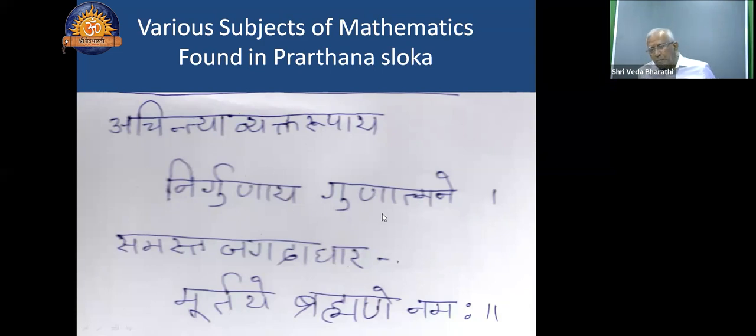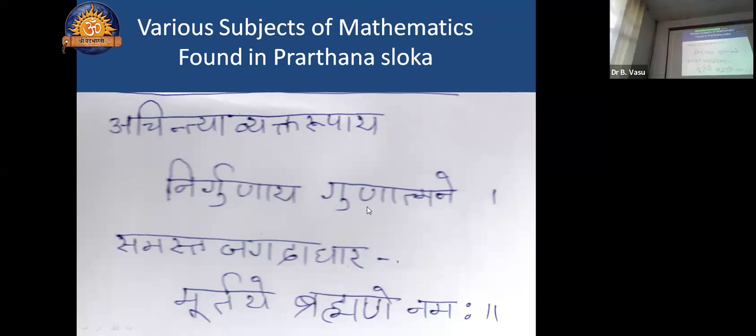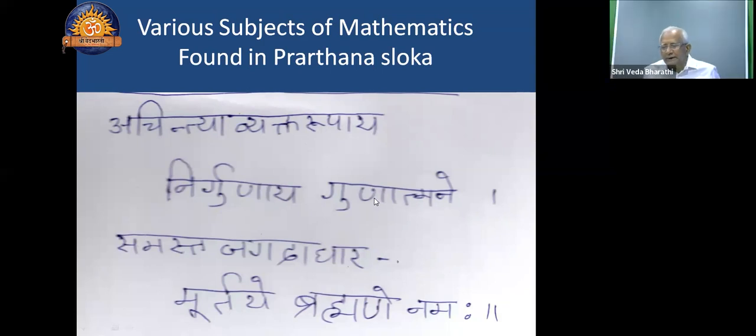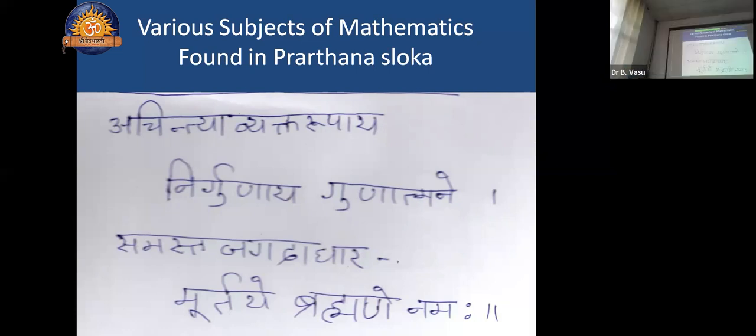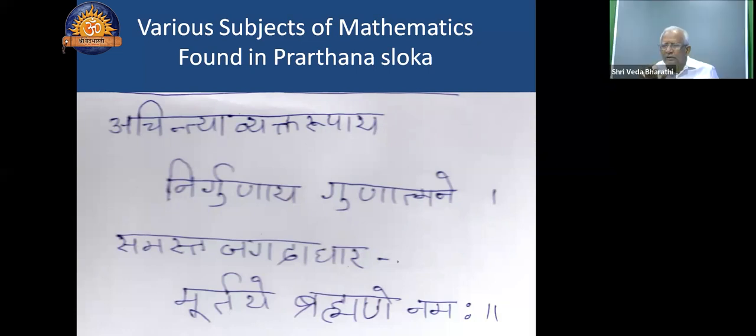Then gunatmane. Guna stands for the gunakara. Gunakara is multiplication. Once multiplication is indicated, division is also indicated. Once gunakara is indicated, addition is also indicated, because multiplication is nothing but repeated addition itself. Once addition is implied, then it is nothing but negative subtraction. So once you use one word, gunatmane, all the 4 fundamental operators, addition, subtraction, multiplication, division, are implied